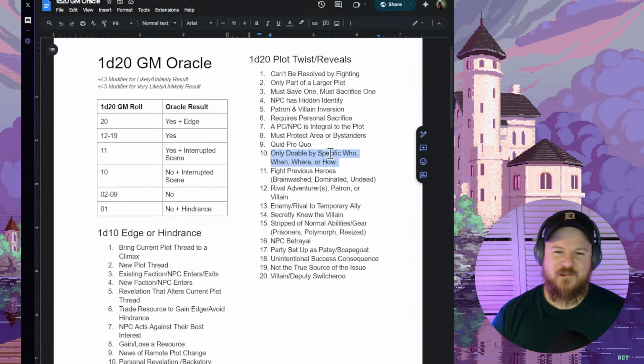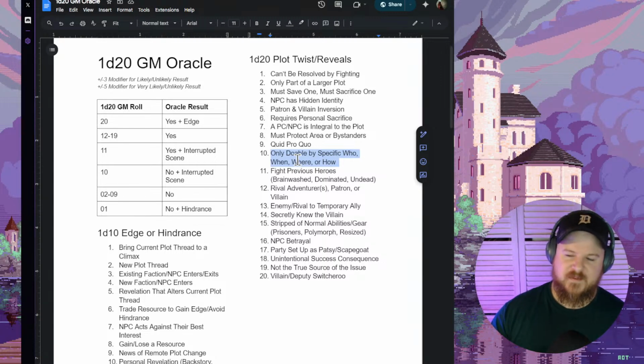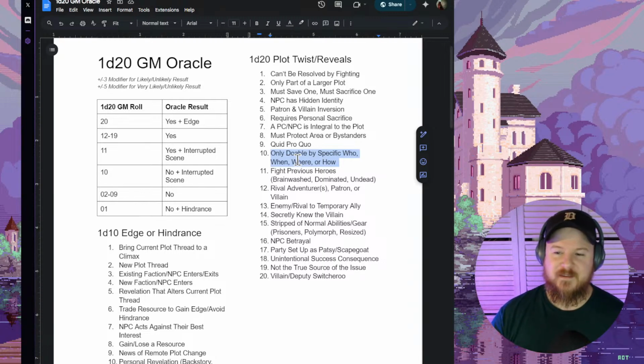Only doable by a specific who, when, where, or how. So there's a specific thing, like, well, you gotta kill the vampire with a stake kind of thing. You've got a Medusa Gorgon situation where they're gonna turn you to stone, so the easiest way to deal with that is to turn them to stone, or... This is basically telling you that this is some sort of what used to be called, I guess they're still called that, gotcha monsters. Which are like monsters that have very specific things, like you're going to fight a werewolf. Well, if you don't have silver on you and you don't have magic weapons, that's going to be a real bad time. So you really need silver or magic with you, and in one of the campaigns I'm playing with,